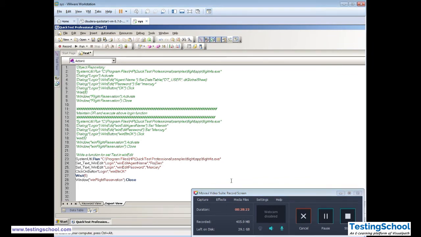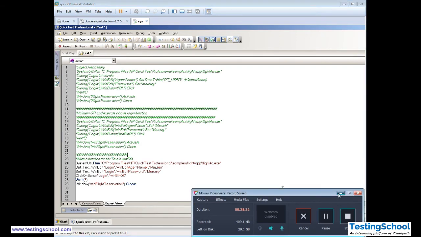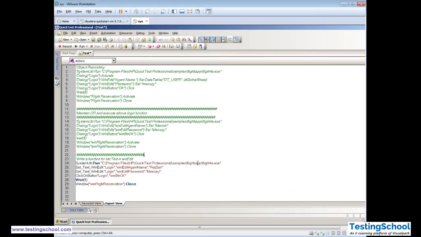Okay friends, so let's deal with writing a function. We will write the same login code using a function. Okay, so the function I have just written. We are going to see how this function works and what is the difference between writing a function and recording. In recording, we find a few extra lines of code come which are not necessary, and maybe it will not work perfectly all the time. For the current time it is working.